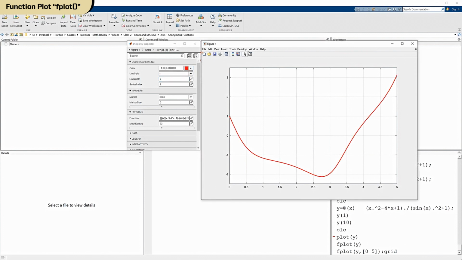There's one interesting feature here. Let me turn that off for a second. This nice smooth curve here. It must have lots of points. Well, if I go over here and I turn the markers on,